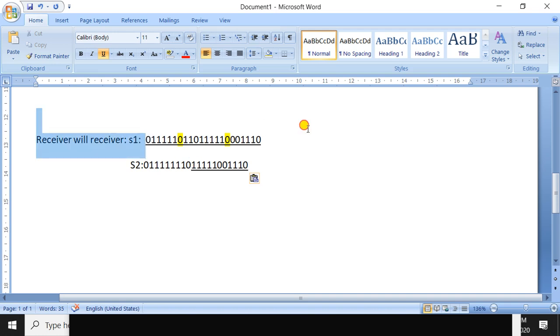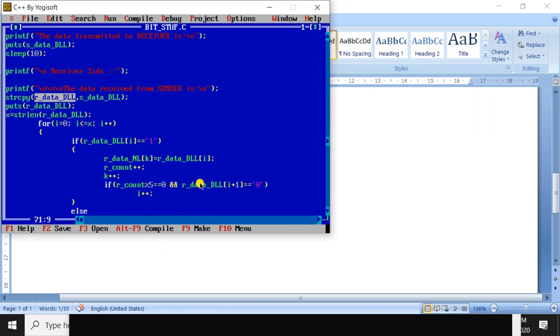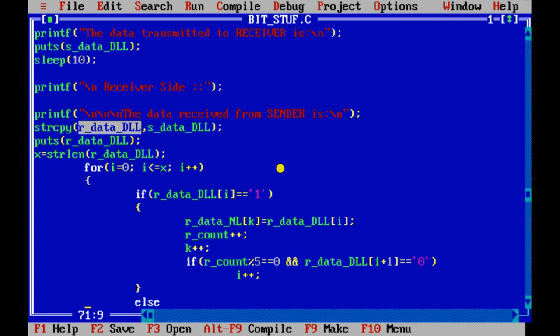So this is a received string, and this is the string that we are going to destuff. After destuffing, this is the string that you will get. Make sure that if you find 5 ones and after that there is a 0, you don't copy this 0 here. The 5 ones you copy, no problem, but this 0 you skip, as it is a stuffed bit. The same thing has been done over here. This is received data, and in the received data I'm going to check whether there is a 1.